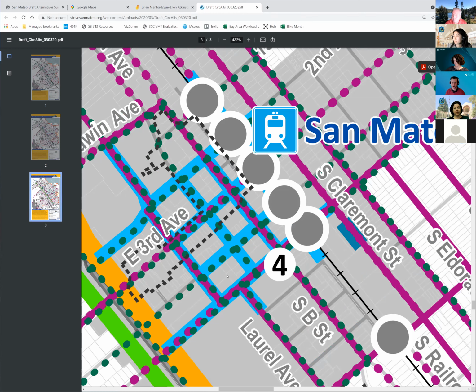it can be something like, right, you do a corner bulb out so that, and it would be great to have some pictures, but to shorten the crossing distance you pull the sidewalk out. So that's a really light version of traffic calming. You're not necessarily interrupting the number of travel lanes. And it could be something as different as, you're driving along here and you're forced to turn right, rather than going through the intersection, and that allows you to kind of close the intersection.